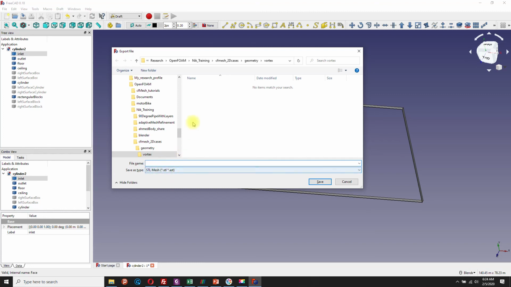So in this case, if we are using FreeCAD, I have to do this a bit manually. So to use AST for the ASCII STL mesh,